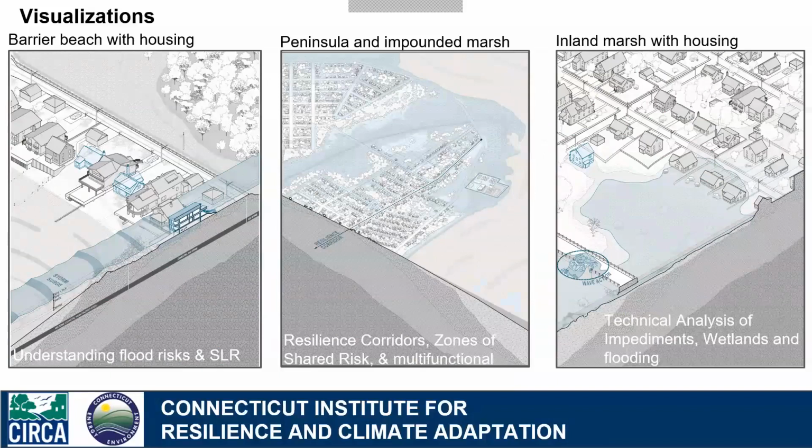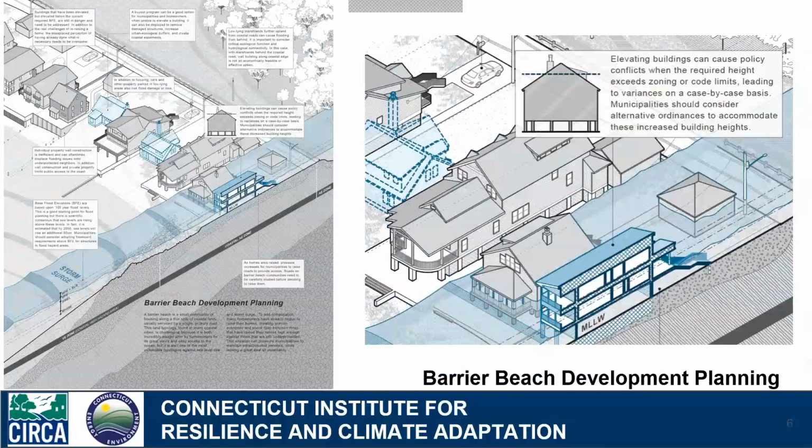So these are some initial diagrams, and we're really looking at the interface between policy, technical analysis, and planning with these diagrams. The goal is to continue to develop these kinds of graphic analyses and to add to them over time. The idea is that it's an iterative process, working with the COGs, the state and municipal managers, to get feedback to hone the content of this material, and also to add the policy implications and where to look for more information.